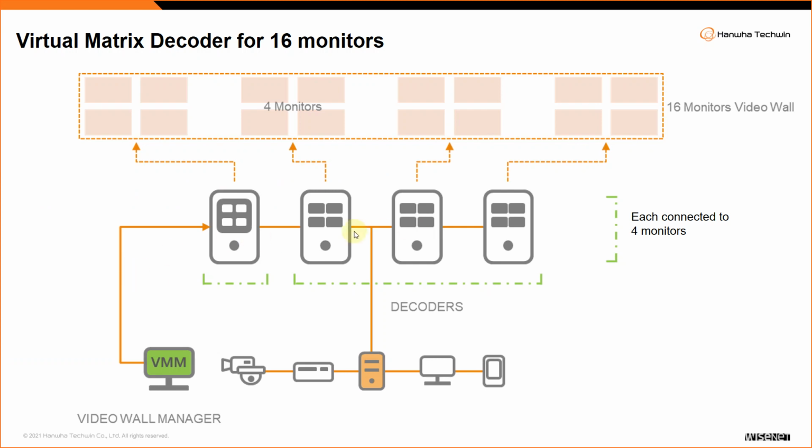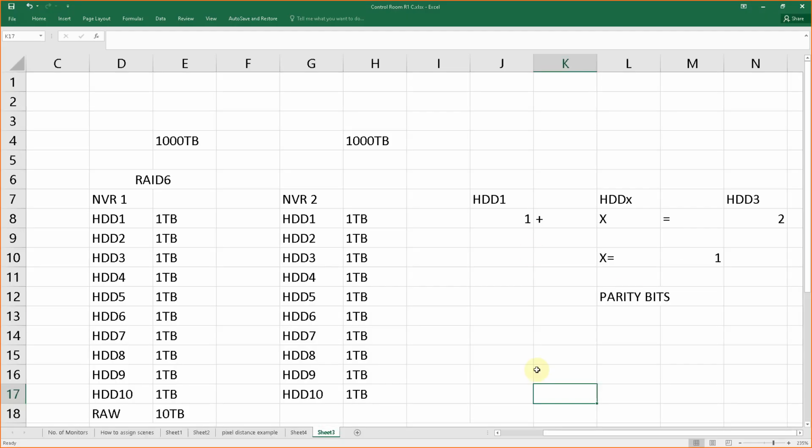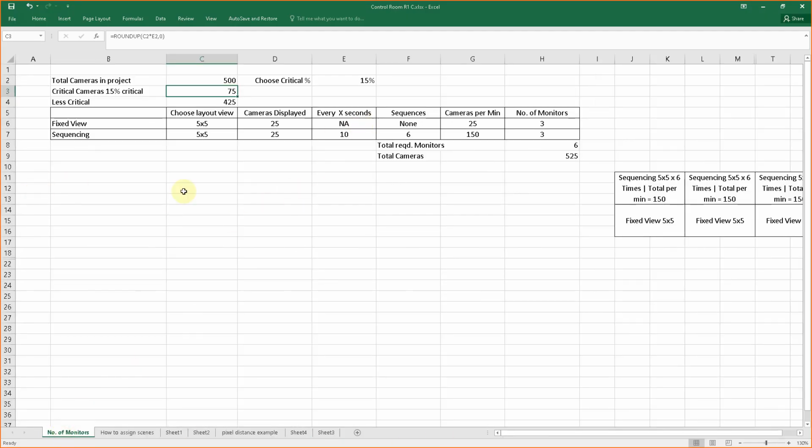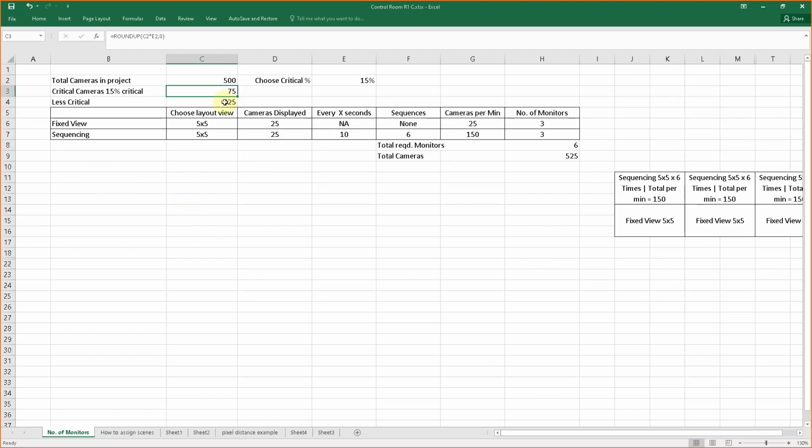Okay, so first, control room monitors. How do you decide how many monitors are required for your project? Once you have an idea on the number of cameras that a project has, it could be 500 cameras,